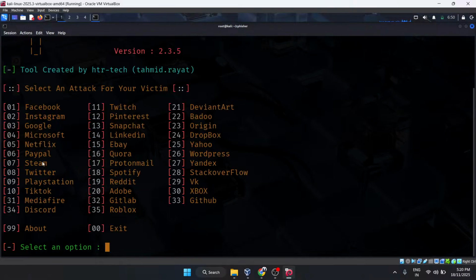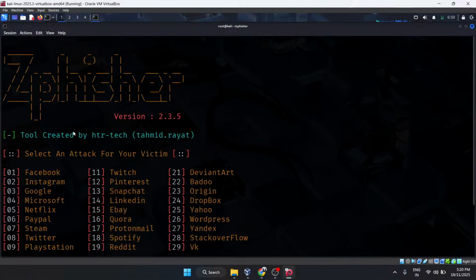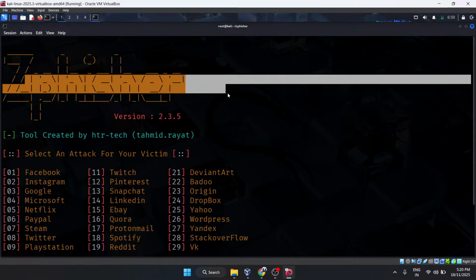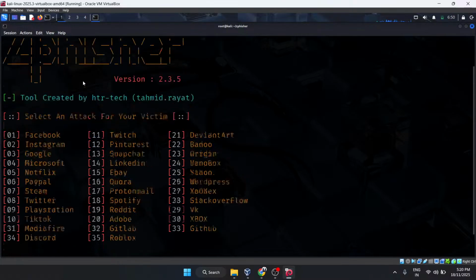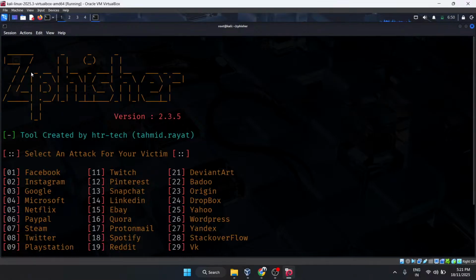Okay, so if you're doing this for the first time, it will take some time to install the Cloudflare and other stuff. There are many more tools that are even better than Zfisher, but those tools are for the people who take our courses. Okay, there are many tools as well. This is a very common tool, Zfisher.